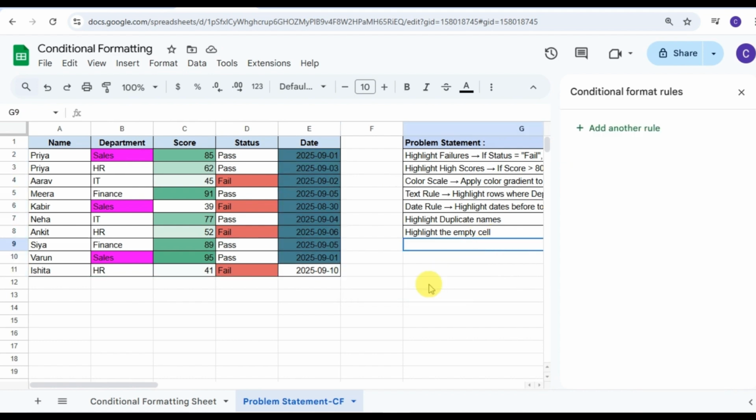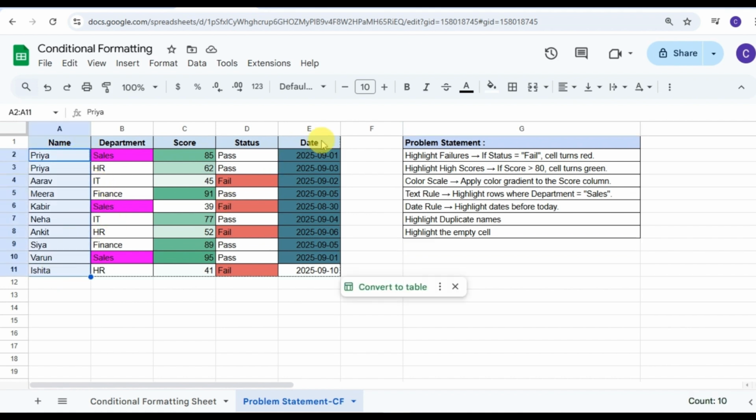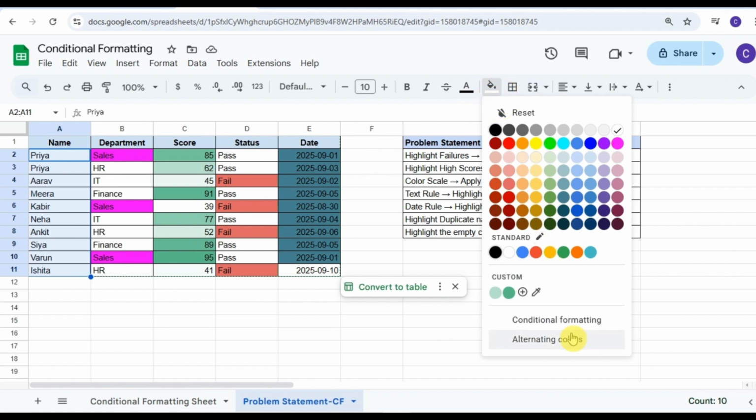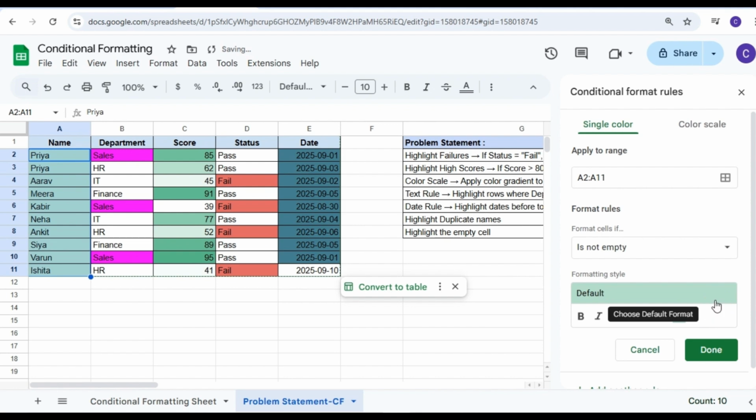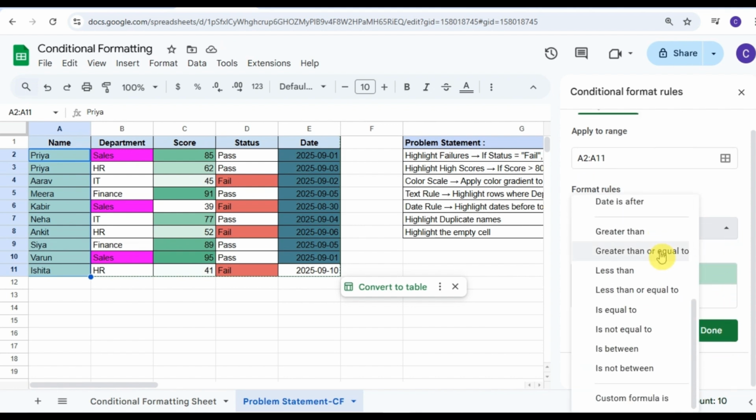So I hope there is no confusion till now. Next question is we have to highlight the duplicate names. So how can we do that? We will be doing it based upon a formula. So we first have to choose this range, then this color bar, and then this conditional formatting. Now we have to choose it as a custom formula.